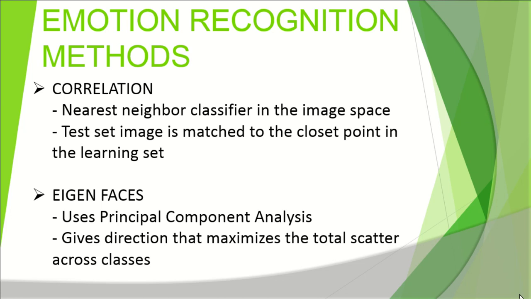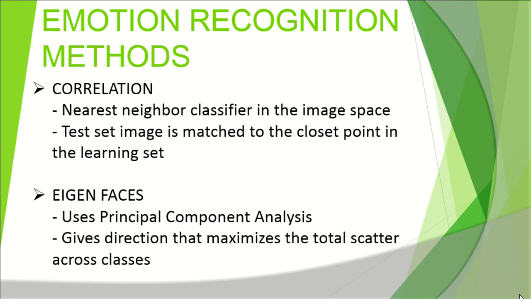Now this correlation method seems to be simple, and this is the only advantage it has. The disadvantages of the correlation method overshadow its advantages. One of the main disadvantages is the requirement of huge computational power and space. The other thing is, under various lighting conditions, the correlation method fails. That is, it performs well only if there is uniform lighting, and this is not the case in most real applications. Now, seeing this drawback, the next thing the researchers did was to come up with